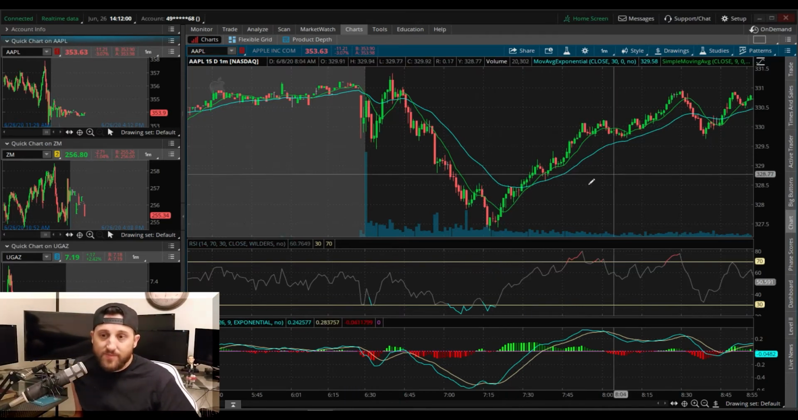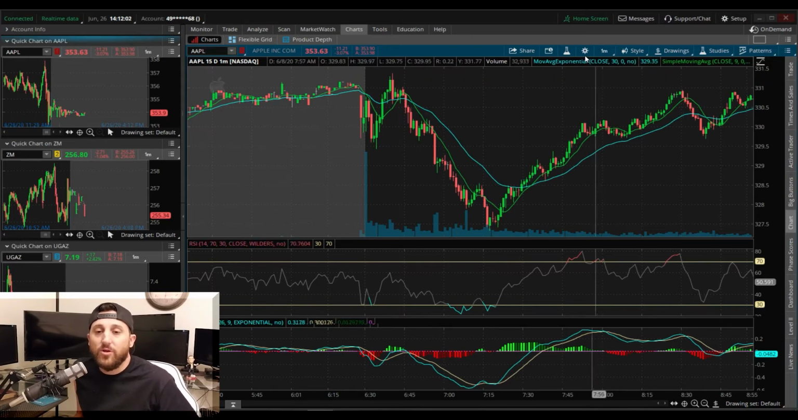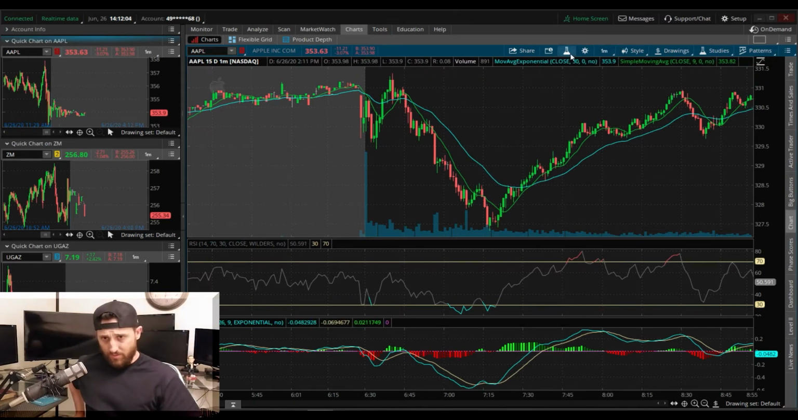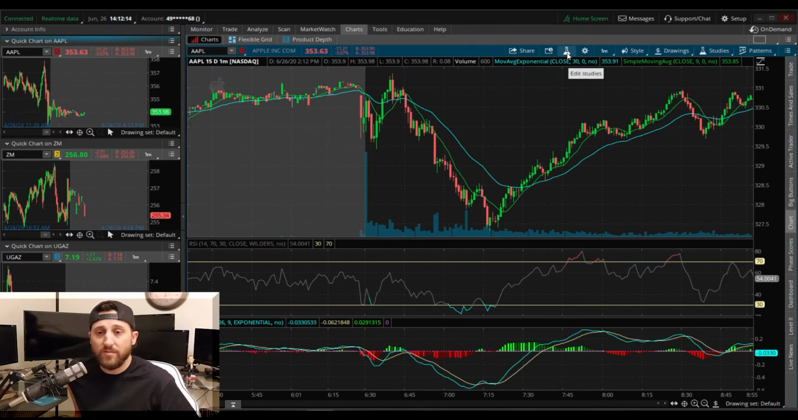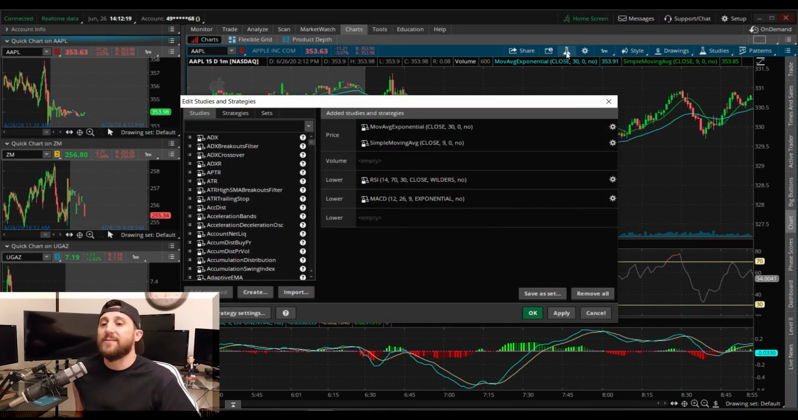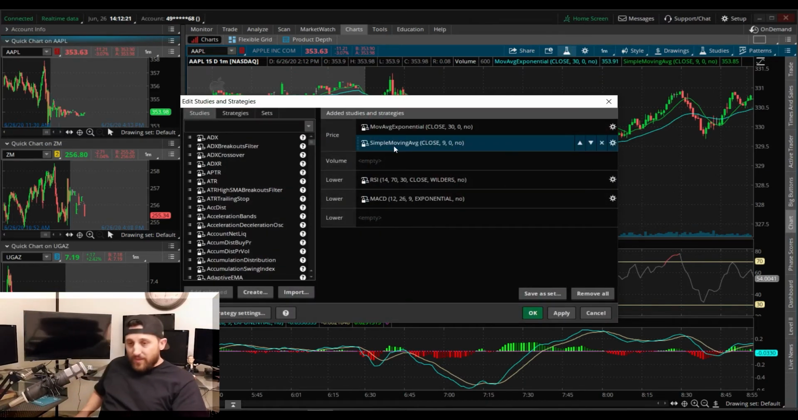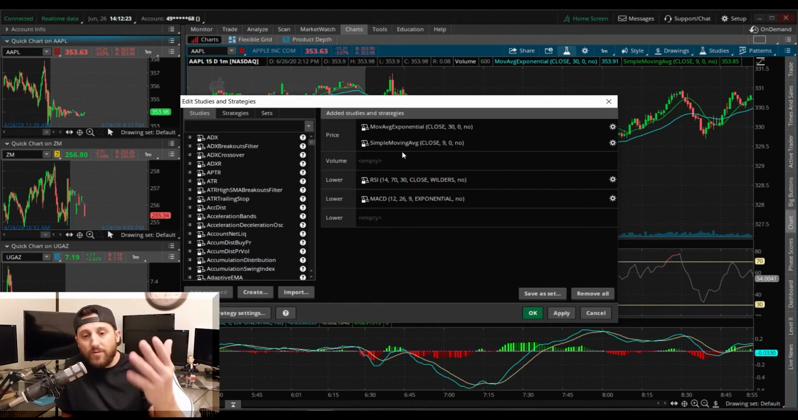All right. So next thing we're gonna go to, edit studies right next to chart settings. Looks like a little potion vial. Click on it. Now this is where we get our nice looking chart. First thing we're gonna do is type in this search bar on the top left